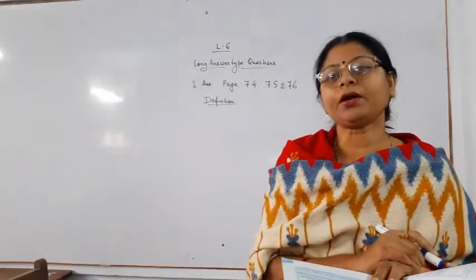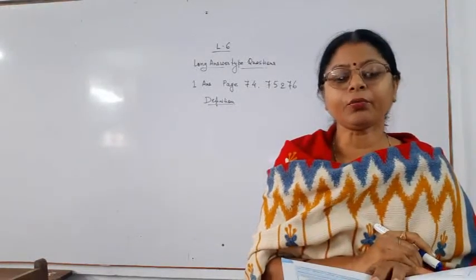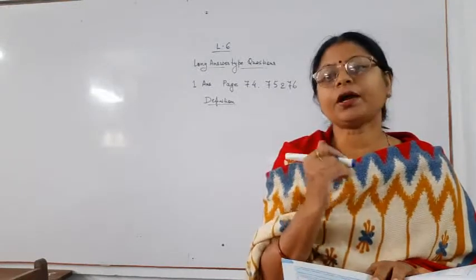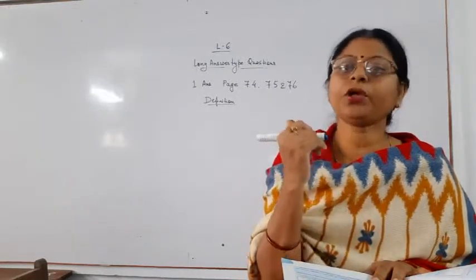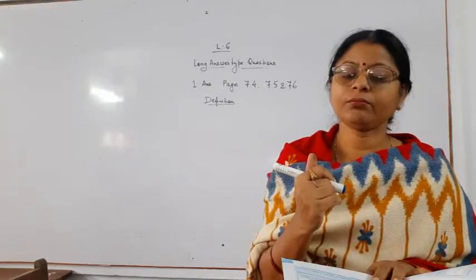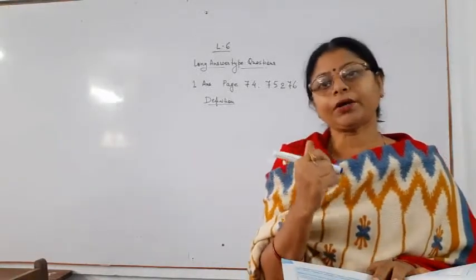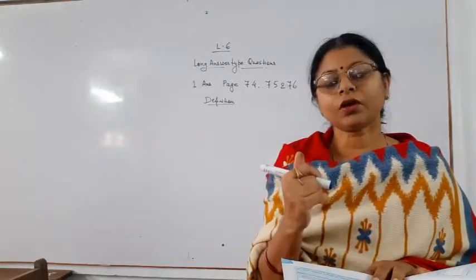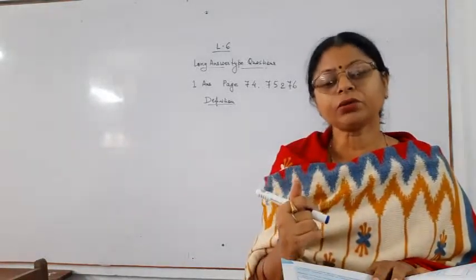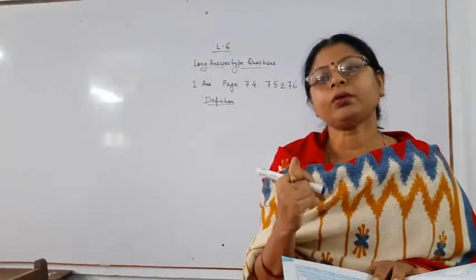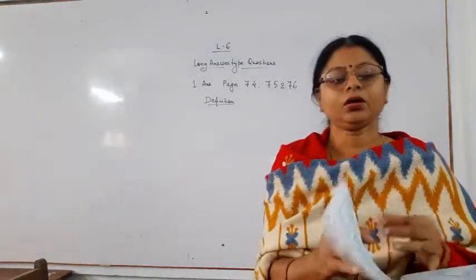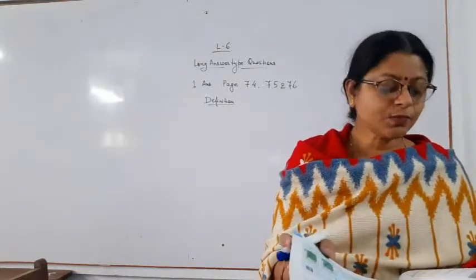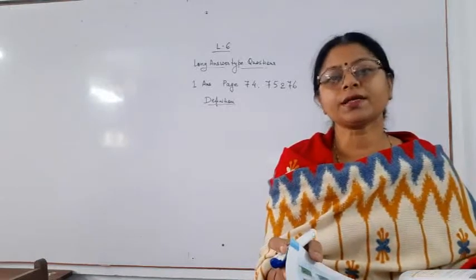And below that you write down the names of the reactants and products as given in the equation. So below NaCl you write down sodium chloride, below AgNO3 you write down silver nitrate, below AgCl you write down silver chloride, and below NaNO3 you write down sodium nitrate. Now the next part, second, is on the next page, 76. It is given: neutralization reaction.